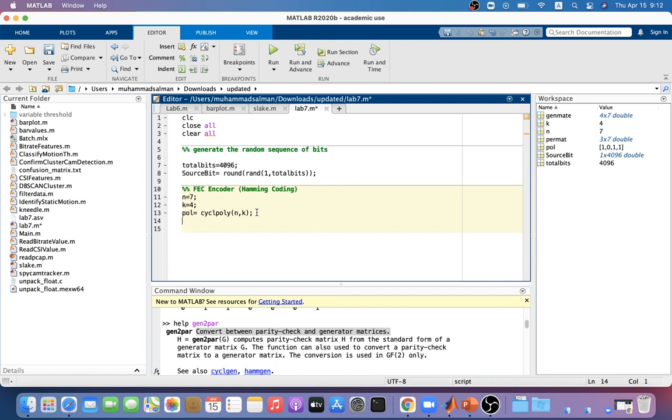To produce the parity check and generator matrix, we should use another command. Let me call that one the permat, which is equal to cyclgen. This command is used to generate the parity check and also the generator matrix, and it takes the input arguments, which are n and the polynomial that we just generated. And after doing that,